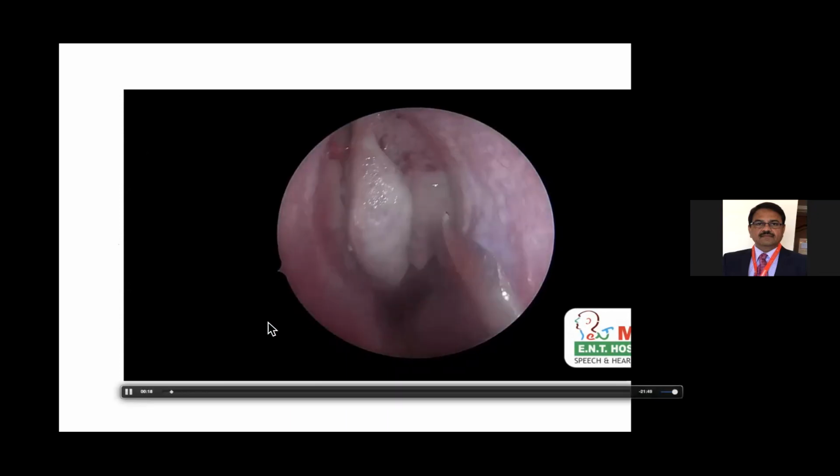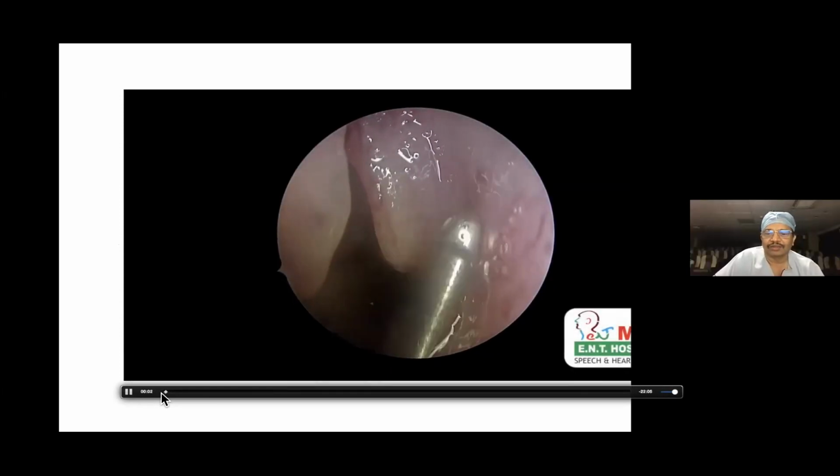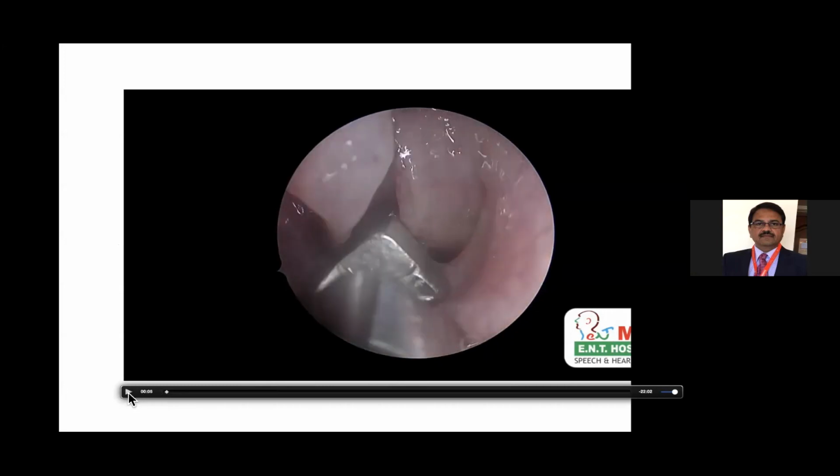So can we go back to the starting? Now, the important thing is, how have you prepared this patient pre-op? I mean, immediate pre-op, while in the OT, have you packed the nose, or have you injected? We do the surgery under TIVA, and we give infiltration and put a pack. Then I'll go to the CT scan and study it. I spend around 10 minutes studying the CT scan once again, and then I go back to the operating field. So 10 minutes of packing will be done.